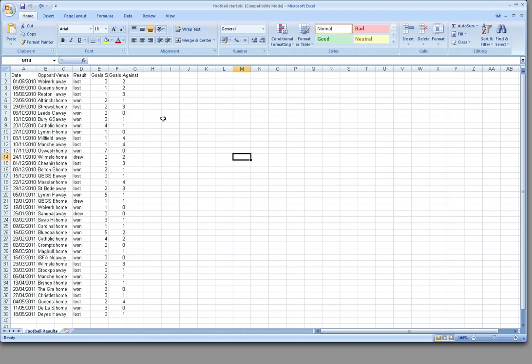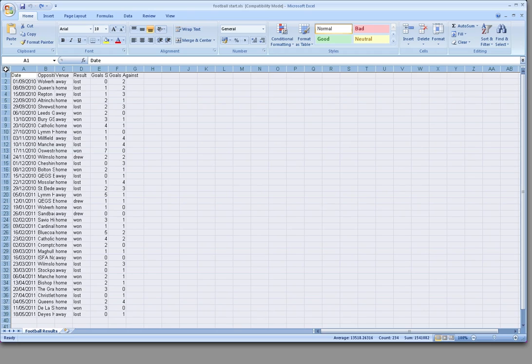So first thing is, let's just imagine that we've been given this data. It's not particularly well formatted at all. For a start, we can't even see the names of the teams. So a nice first trick: this says goals scored, but we can only see goals S. So a nice little trick I like to start off with when I get a spreadsheet that looks like this